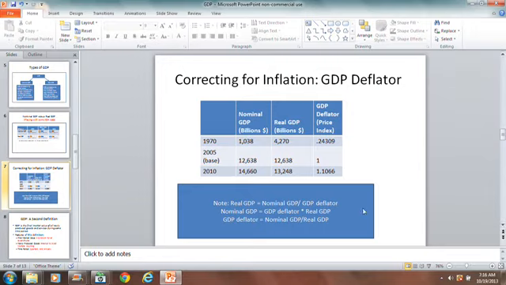And to illustrate this, I have the same nominal GDP numbers from the previous slide. I have the same real GDP numbers from the previous slide. If I take the nominal GDP numbers and the real GDP numbers, I can start to note interesting differences. For example, notice that for 1970 the real GDP was 4,720,000,000,000, whereas nominal was 1,038,000,000,000. That means that real GDP is about 4 times as large as nominal, or the flip of that would be prices